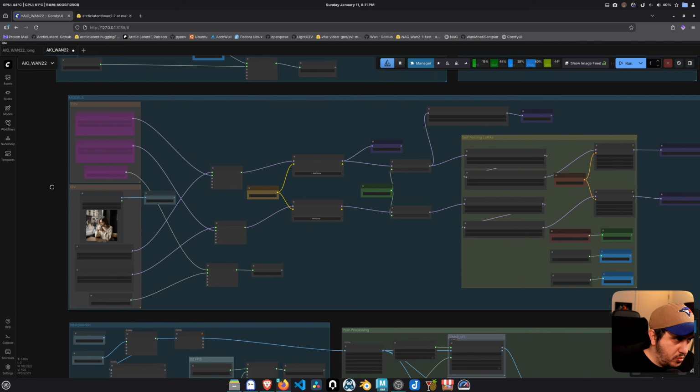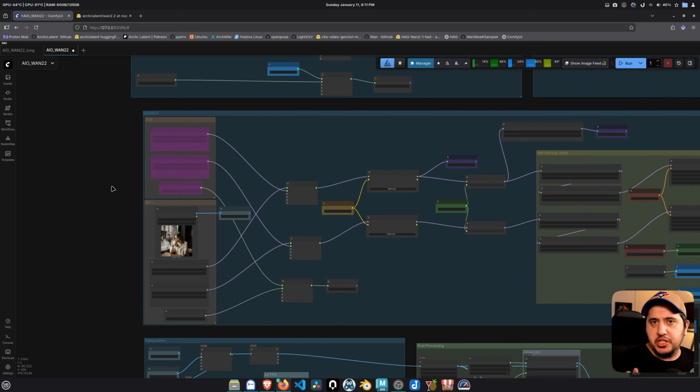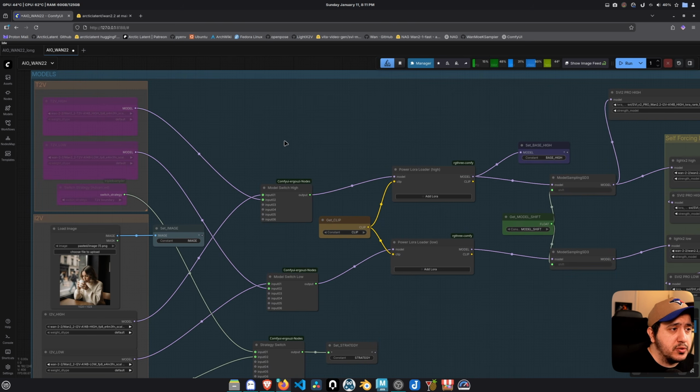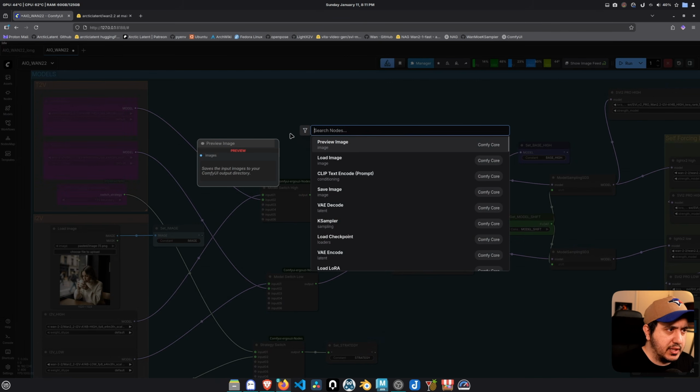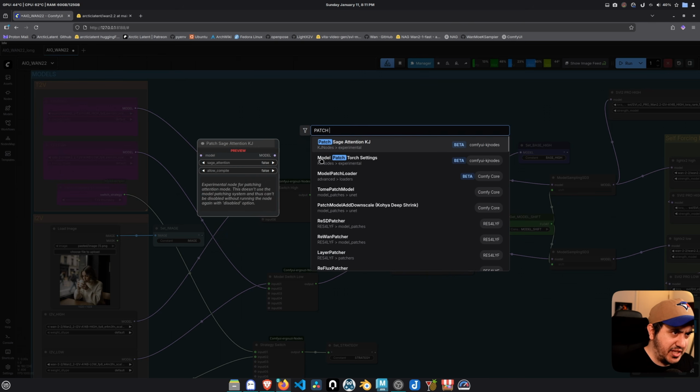And let's see. This is using Sage Attention by default. When you installed my ComfyUI installer, remember, we run ComfyUI with ComfyUI start dash ComfyUI dash Sage. That means Sage Attention is applied overall in ComfyUI. So if you guys are thinking about why he is not using, like, this node, patch Sage Attention, this is